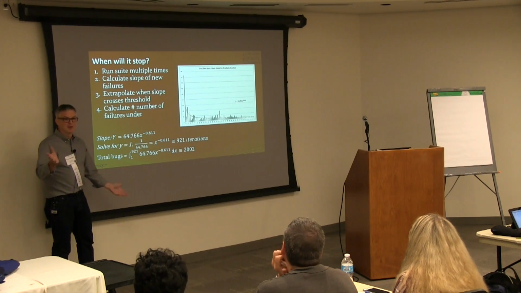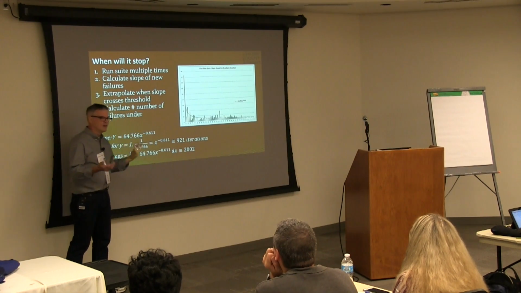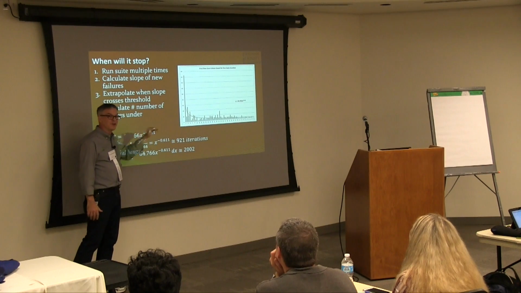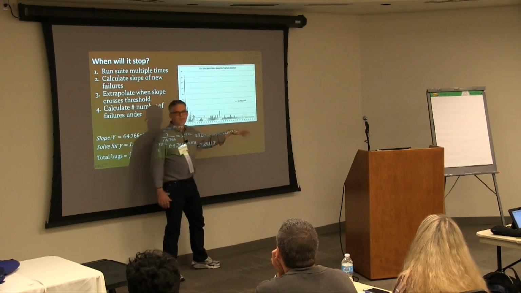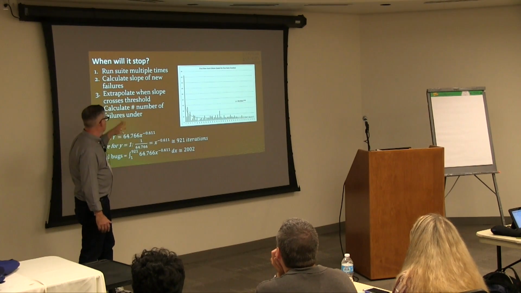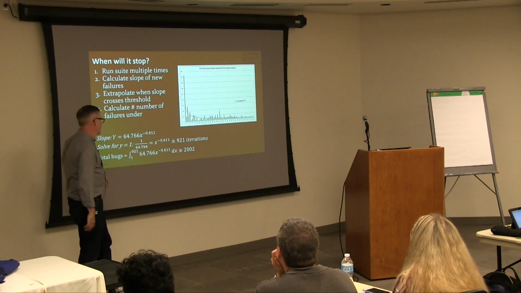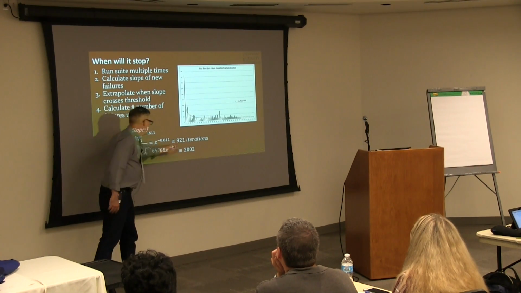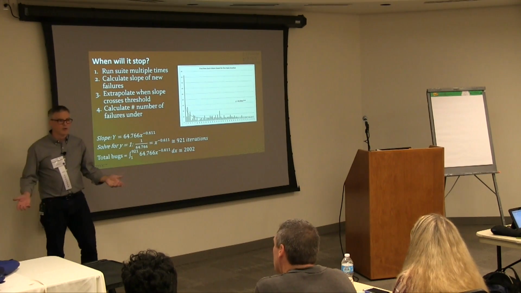Now, if you look at that, you kind of go, well, maybe never. Okay, so you have to pick a threshold. And actually, the truth is we've got some issues where the thing is identifying new issues that aren't really new, which does make it go forever. But you can pick a threshold and you can say, when it stops finding 1 per iteration, let's do that. Well, that's relatively simple. You just take and solve, instead of for y, you can flip it the other way around. If y is 1, and in this particular case, the slope we've got there came out at 921 iterations,